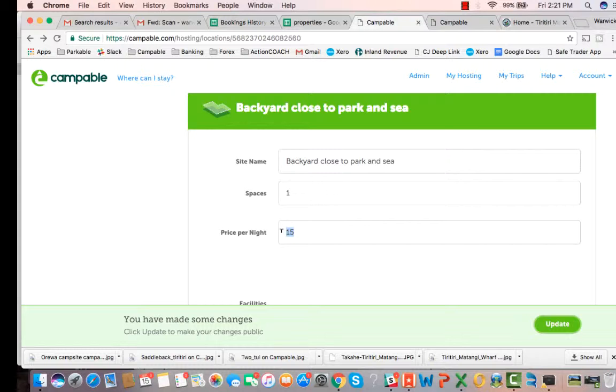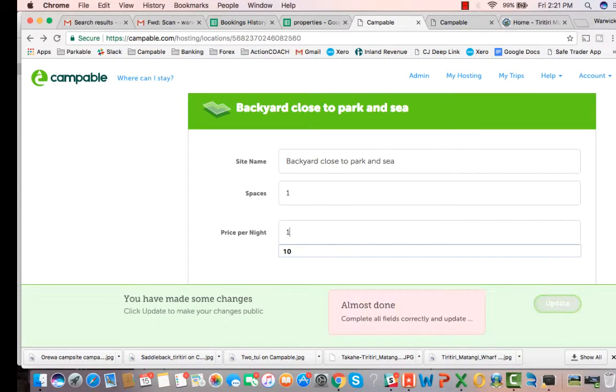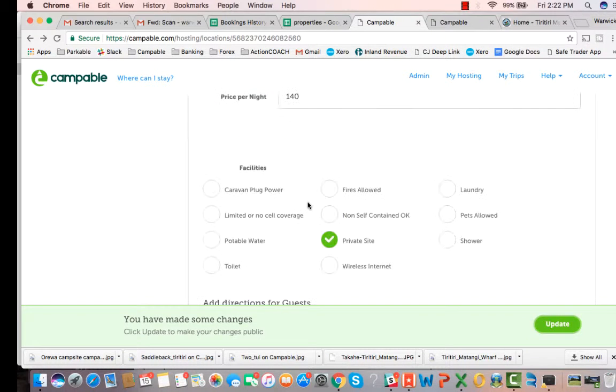And with all that we're providing, I'm going to make that $140. A word about facilities tags. You can tag each of your sites separately if you've got more than one site, and ensure that they are relevant to your description. So if you've allowed non-self-contained motorhomes into your property, then it's a must that you've tagged